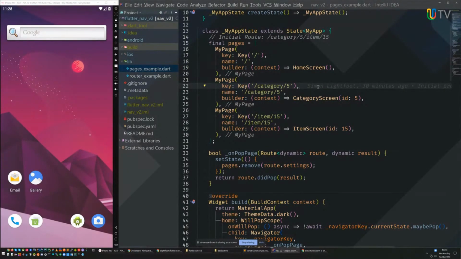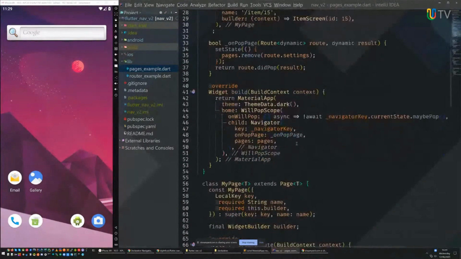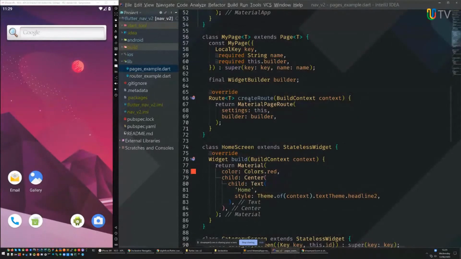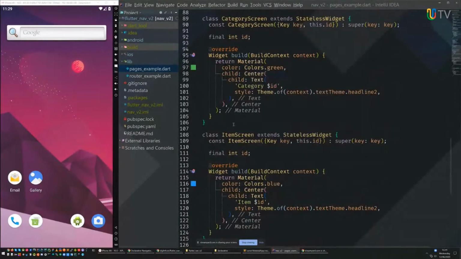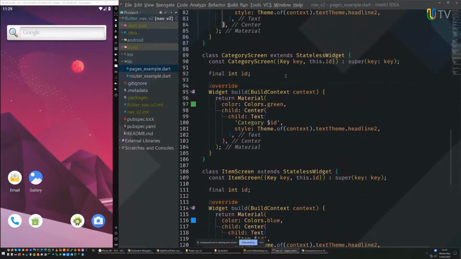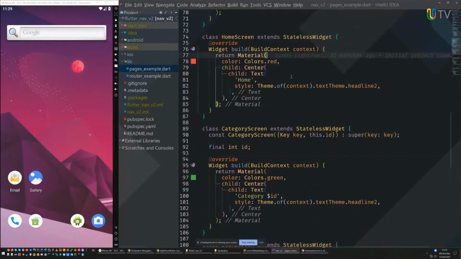So the framework is giving you the freedom and not giving the specifics, and that's why it's very important that the next step in Navigator 2 is to provide some go-to use cases, common use cases that we all want from the new API, right? Maybe something like this, where we could parcel this up into a common use case. And there's our MyPage from the example we gave earlier, followed by some simple home page, category page, and item page with some colors. So item page is blue, category page is green, and home screen is red.